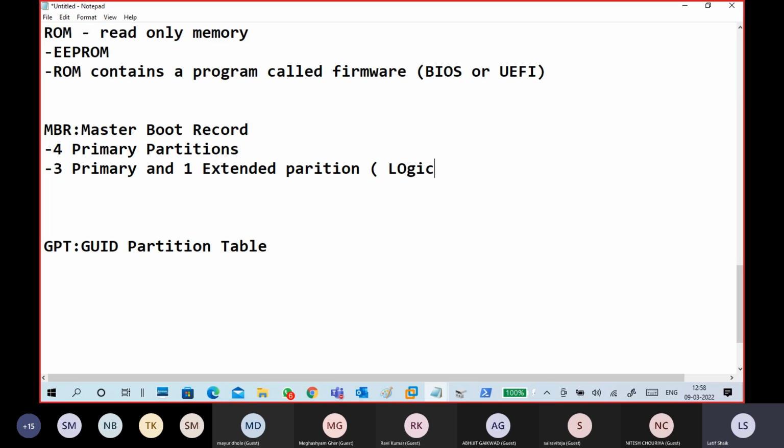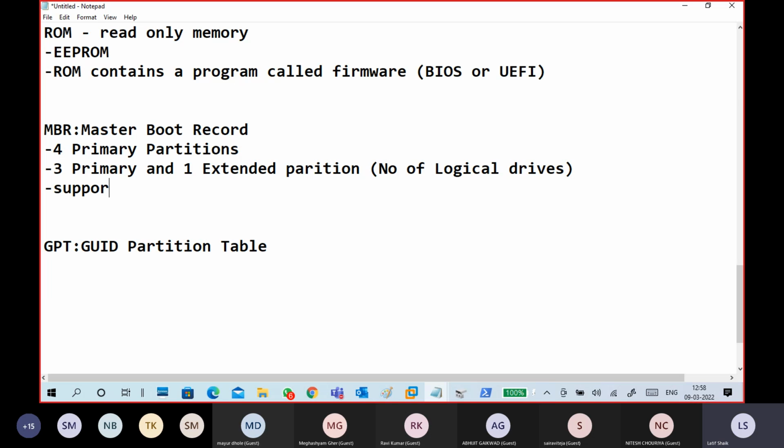In the extended partition, you can create any number of logical drives. Next,